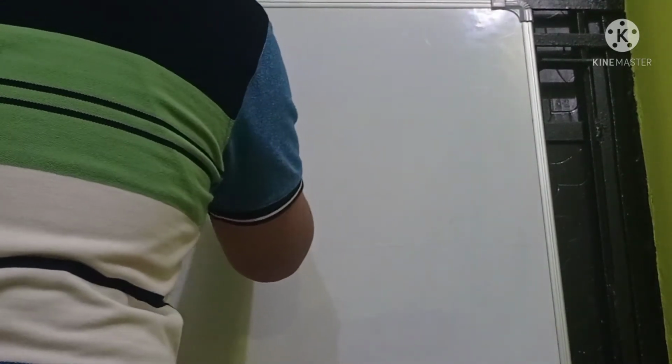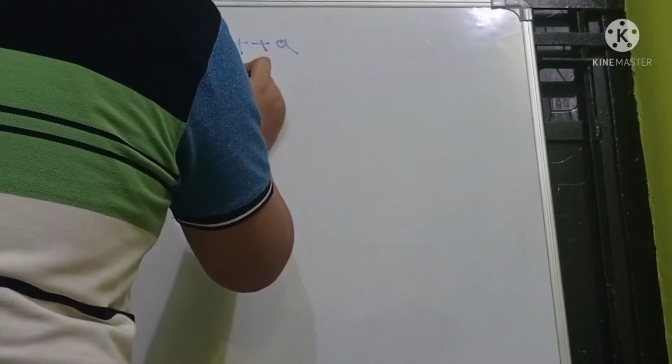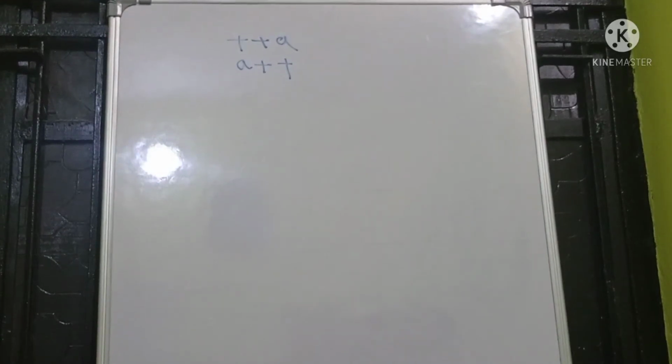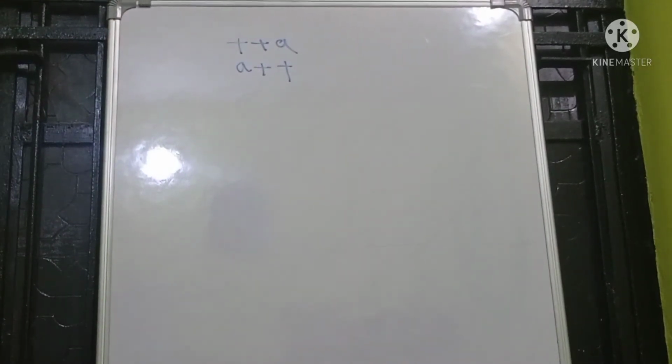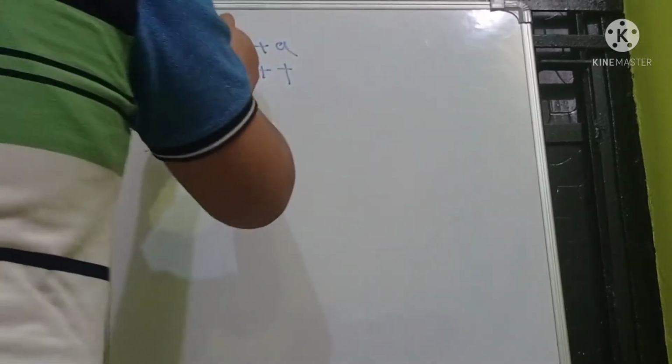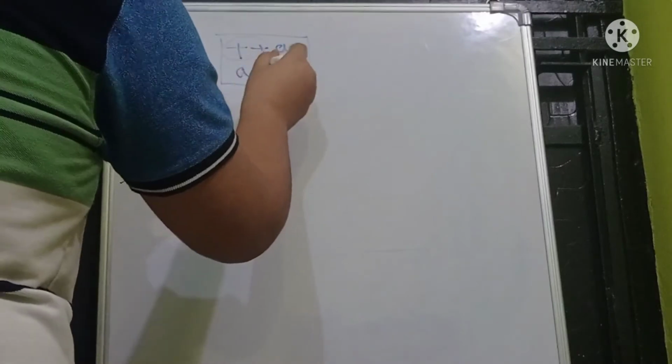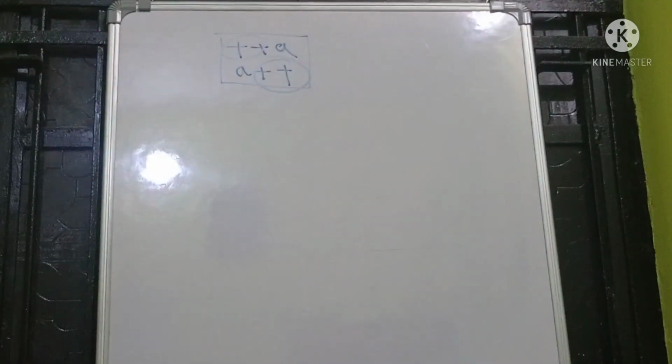In the previous lesson we studied arithmetic, and today's lesson we will be studying the unary operator and equations that come on the unary operator. First of all we will see plus plus a or a plus plus. What is this? You have seen it many times. This means increment. This plus plus means increment.